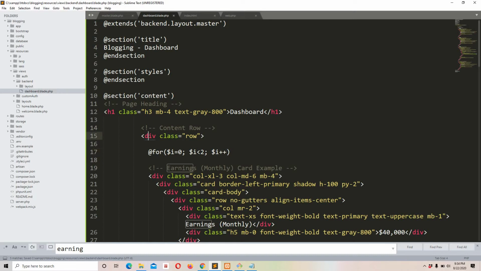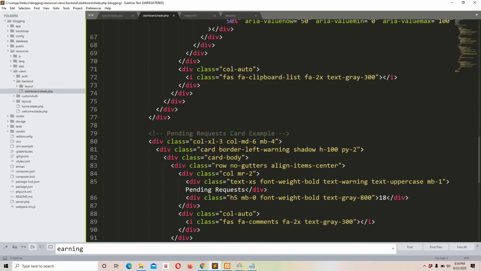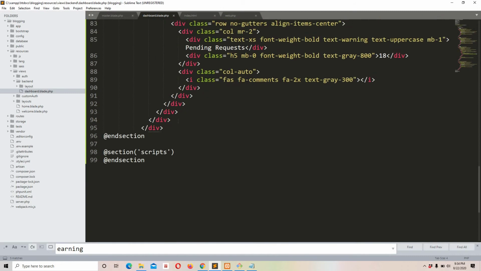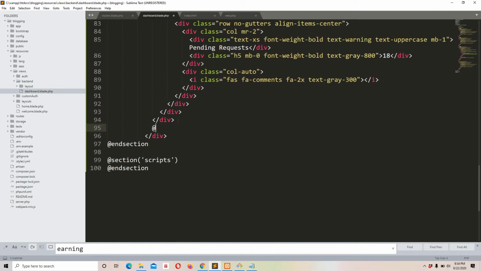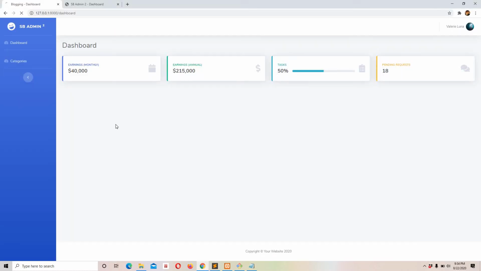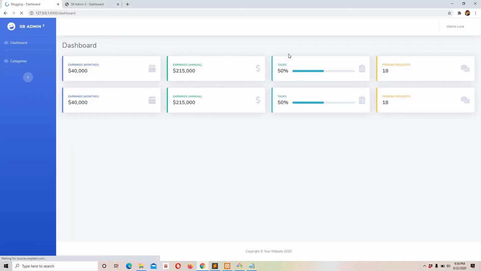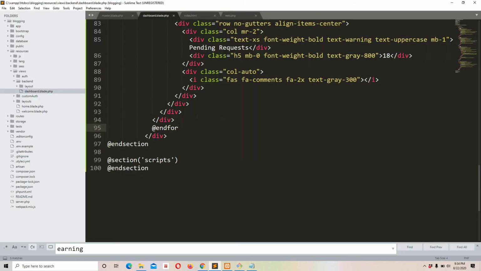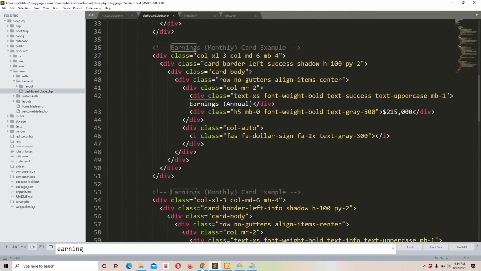Now I will watch for the div class row ending, so I can end my for loop right before it. Let's refresh and check. Okay, so now you can see we have our 8 divs. Okay, so I hope this trick helps you. We don't need to define all this code again and again.